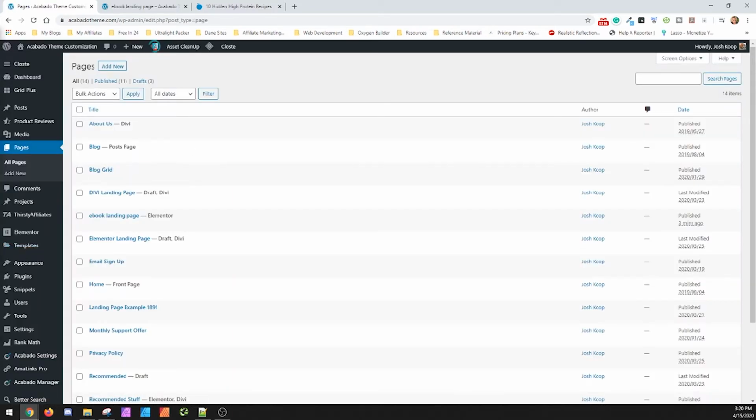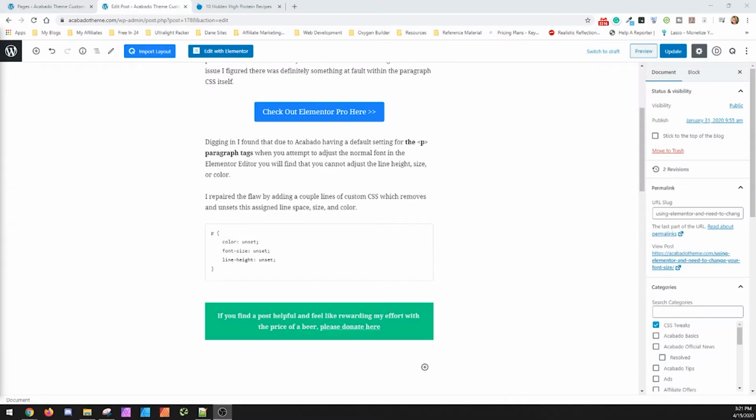Pause this for a second. So I made a post about this a bit ago because somebody else was having issues. Acabado has a lot of default settings that are forced set, which causes issues when you're inside the builder from being able to change things. So when you could see and I couldn't make the change to the color of the text,